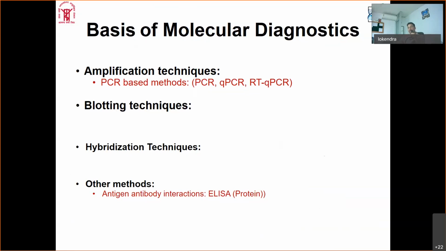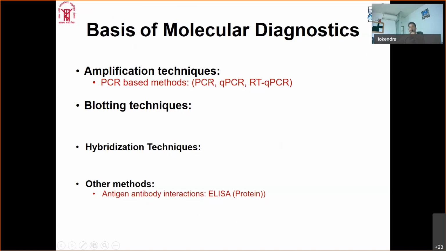When you can quantitate it by using a specific instrument, which we call real-time PCR, the amount of product that you are getting can be measured by quantitative PCR. And this can be applied to DNA. When you are dealing with expression profiling, you first have to convert RNA to cDNA, and this cDNA can be used as a template. That can again be quantitated, as how many copies of RNA are present is reflected in terms of cDNA, and that can be amplified by using reverse transcription qPCR.